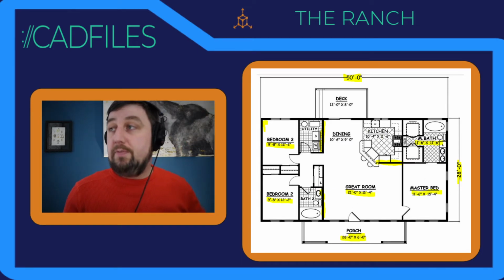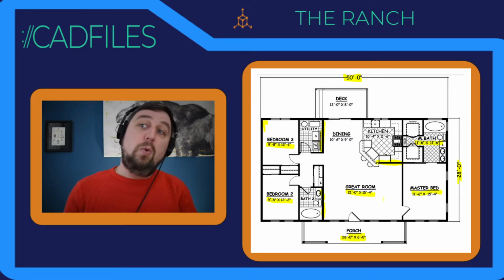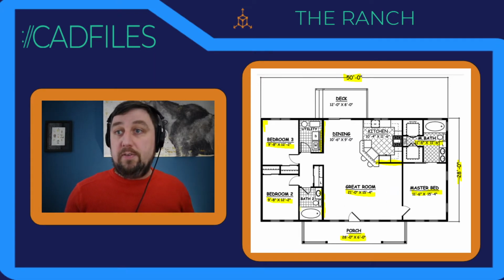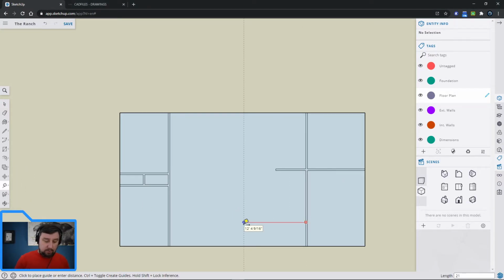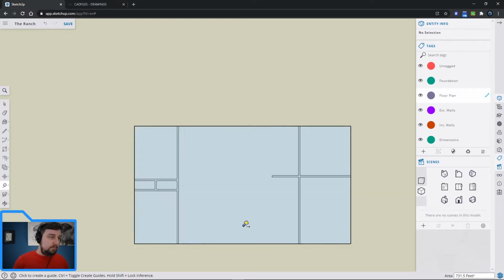But great room. So this measurement here, this 21 feet away from the wall we just drew, is the face of our other wall over here. So if I go back over here, we can do this a couple ways. We can just draw a line on top of it and go 21 feet over. We can use the measure tool. So if I go here, go out and type in 21 feet, enter,